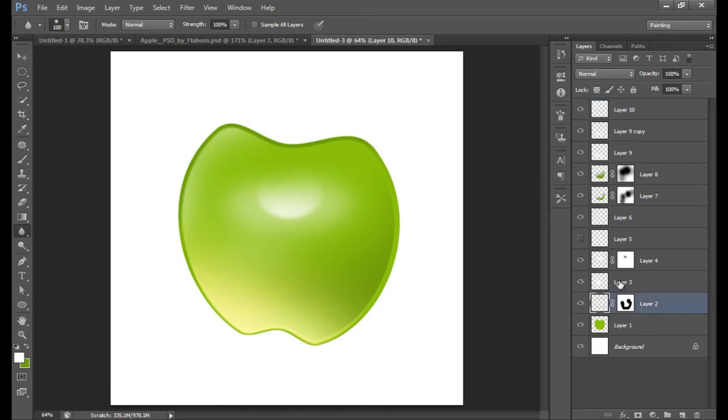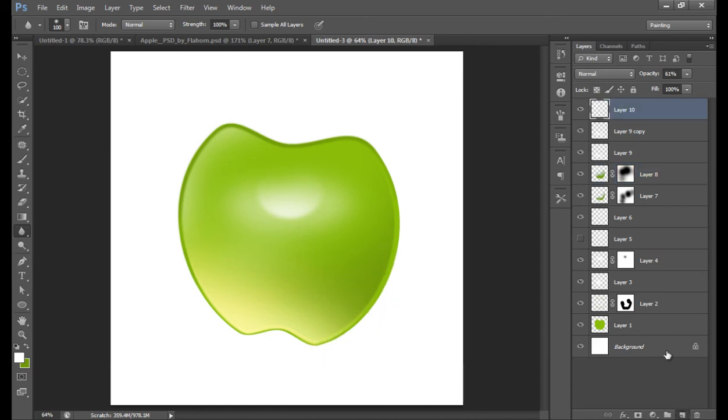Now choose this layer and reduce its opacity also, and blur also, make it blur. Choose this layer and make it blur also. Choose this one, make it blur also,